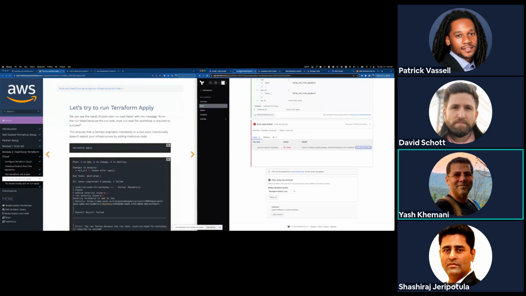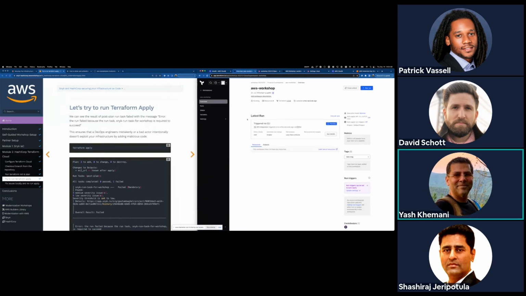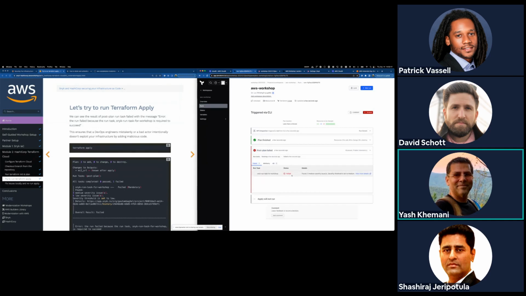Let me pop back to my Terraform Cloud console. I see we're doing another run. I won't break it out, but we're doing another plan. Plan looks good. The plan is valid. If the plan wasn't valid, I couldn't go any further. But then my post plan fails again for the same reason, right?